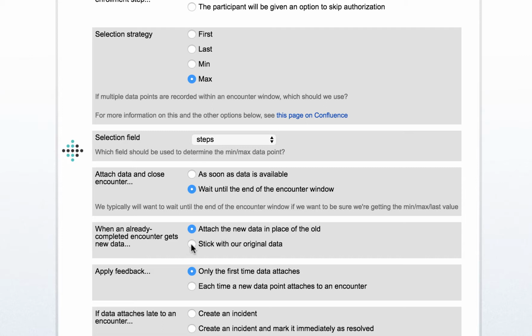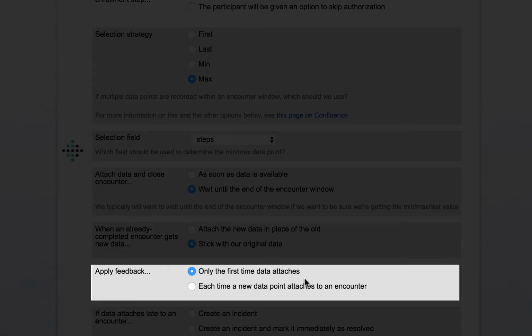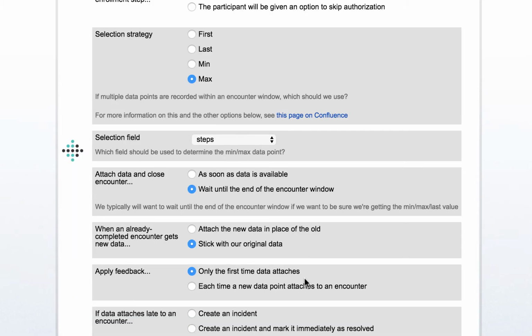Or you can choose to ignore new data and select Stick with our original data. Generally, I do not recommend this strategy because it does not automatically give participants credit if there is an issue with their device. The next option is Apply Feedback, which tells Way to Health what to do with the new